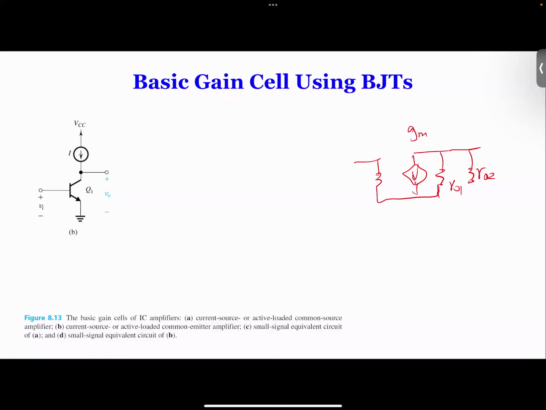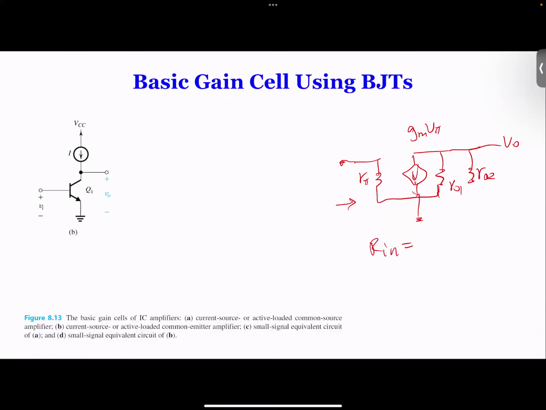And then there you have gm times v pi, and this is r pi. And this is your wheel. So you can see here, even though you have r pi, the gain is basically the same as the previous one, because this is like a common base, common emitter. The only difference is if you look at the input resistance here,